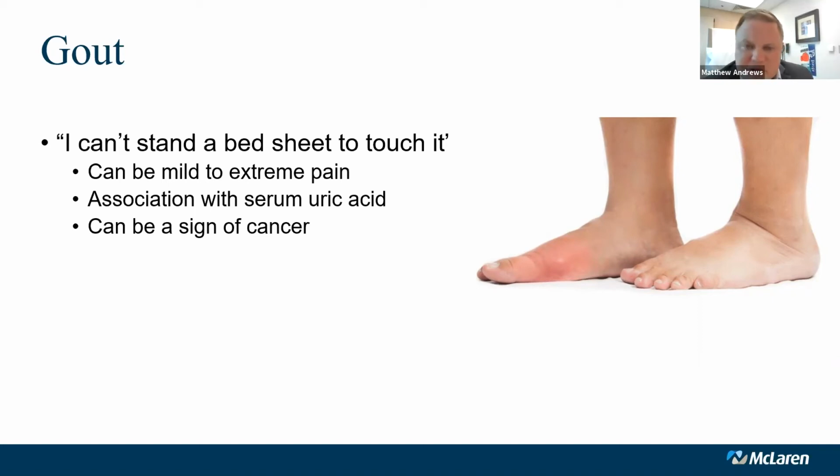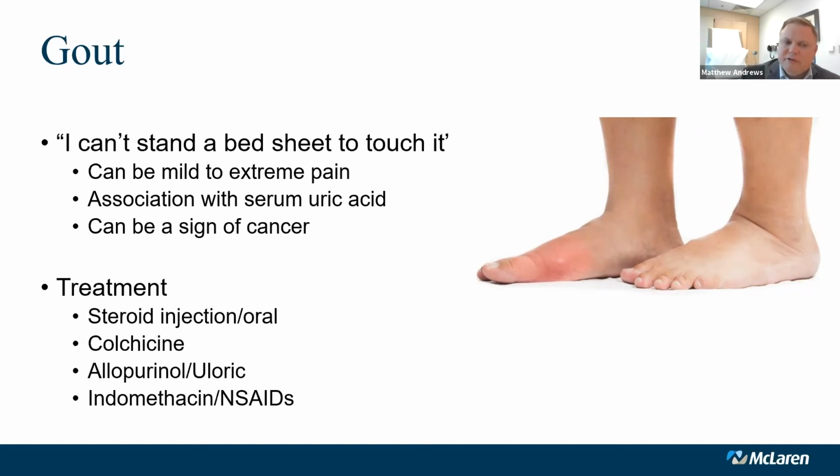There is an association of gout with a blood marker called serum uric acid. However, that's not really a hard and fast rule. You can have a normal serum uric acid and still have gout attacks, or you can have a very high serum uric acid and never have a problem. And gout is typically always best to be investigated by a medical doctor or a provider like us, because in some instances, and this is probably less than 3% of people with gout, it can actually be a manifestation of either medication use or sometimes in association with certain types of blood cell cancers that can be found in this manner.